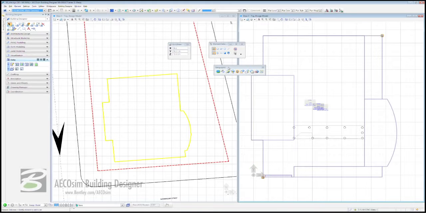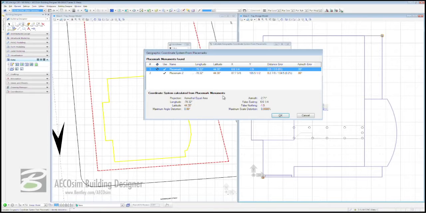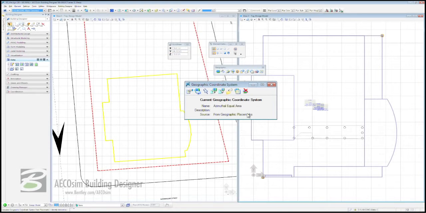And now what we can do is again come back to our geographic coordinate system, and it currently says that we don't have a coordinate system until we click on this third icon here from place marks, and you can see that we actually are imbuing this model now with an azimuthal equal area of these 2 place marks with longitude and latitude. So we're going to click OK. We now have a geographic coordinate system,